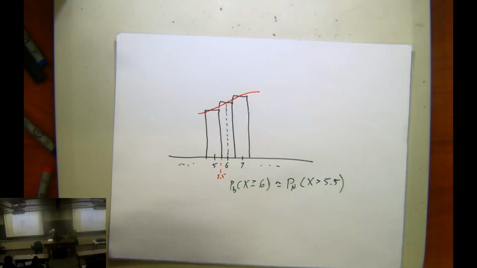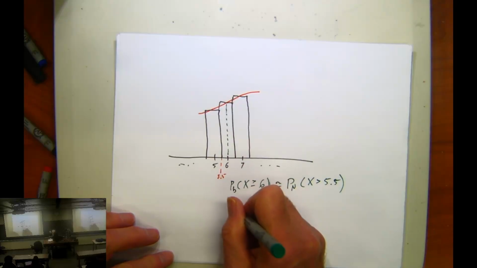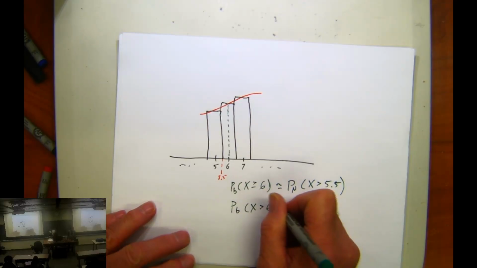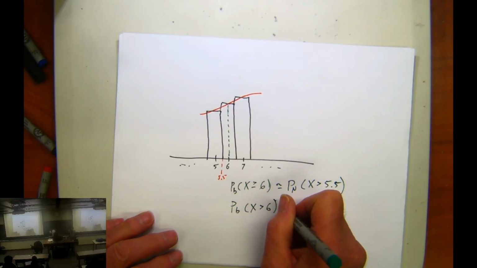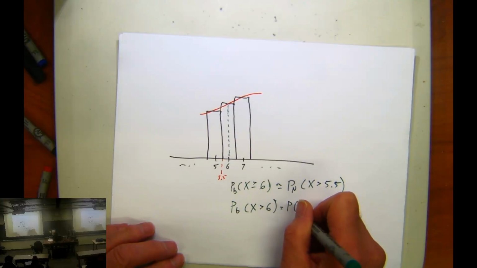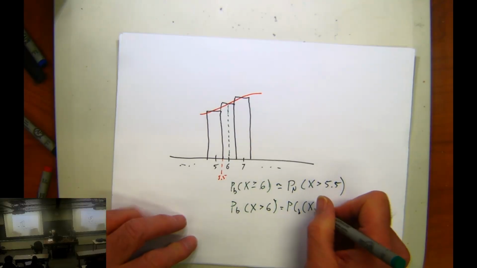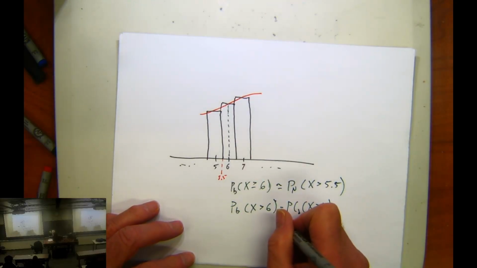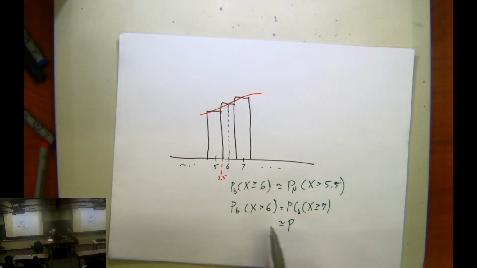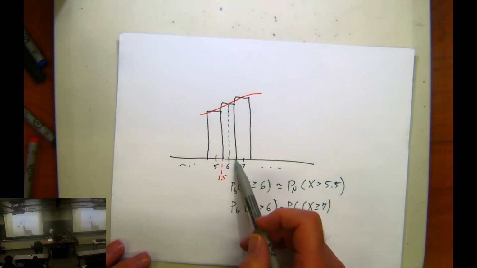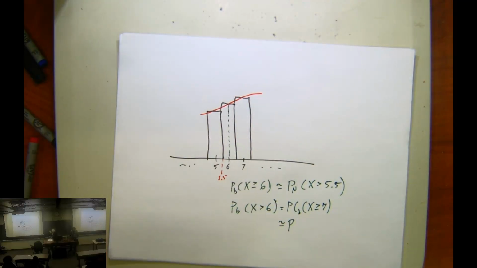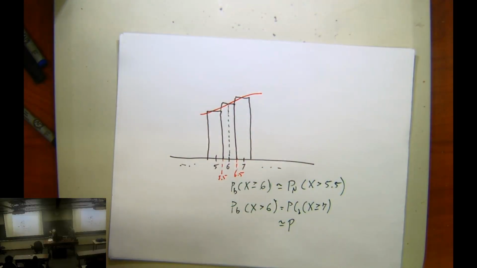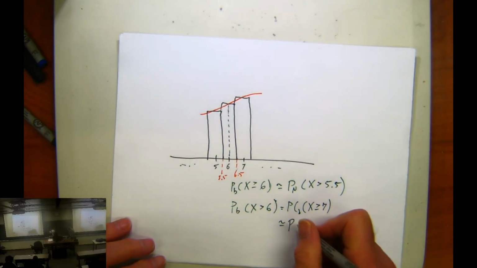Okay, got it. If I had wanted the probability for a binomial that x was greater than 6, well, that would be the equivalent for a binomial that x is greater than or equal to 7. But for the approximate probability, I have to say greater than 6. I don't want to include any of the 6 probability here. I'd have to go to 6.5, and I would take the probability